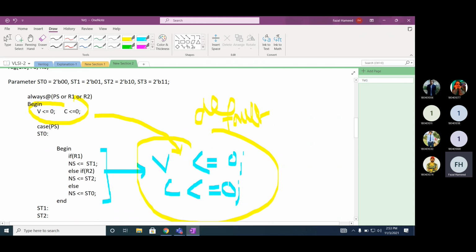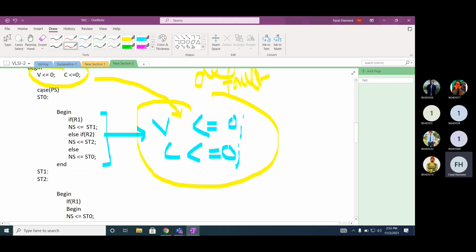Okay, now if you look at the always block, we have written V is equal to 0 and C is equal to 0. These are the default values. Whenever a value is not defined within a branch, V will be 0 and C will be 1 then. Let's assume we make a case on the present state. If the state is ST0 and rupees 1, what should be your next state?